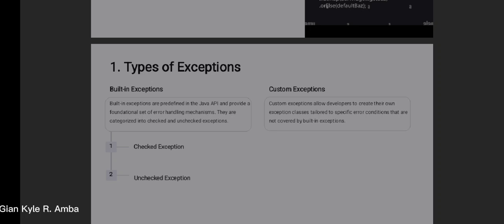So what are the built-in exceptions? Built-in exceptions have two types: checked exceptions and unchecked exceptions. These built-in exceptions are predefined in the Java API and provide a foundational set of error handling mechanisms. They are categorized into checked and unchecked exceptions. For example, for checked, like IO exception,